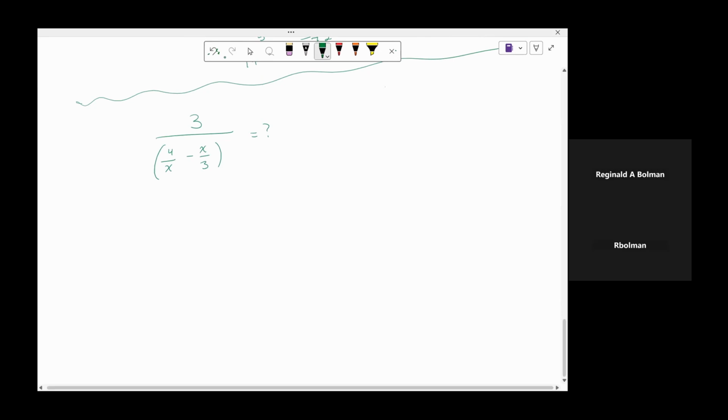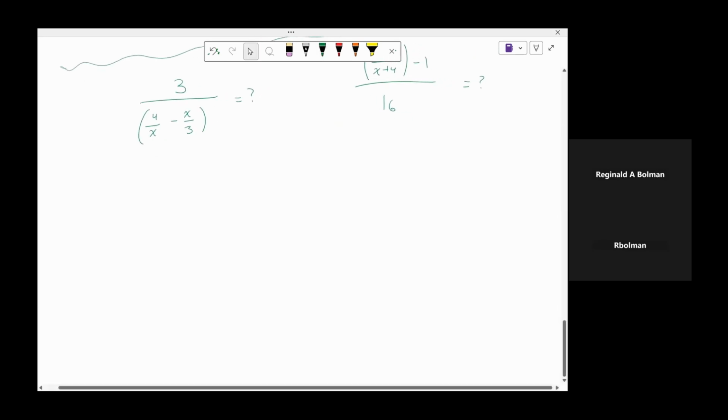Or perhaps you have a situation like x plus 1 over x plus 4 minus 1 all over 16. What would this be equal to? And to be honest with you, these are really nasty situations. So if you were stranded on a desert island, you really wouldn't want to be confronted with these rather dire looking rational expressions. But if you were, then I am here to help you because we are going to figure